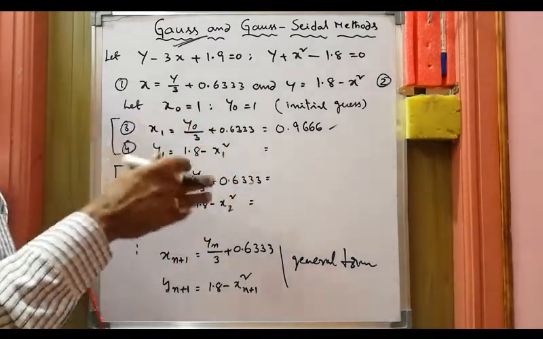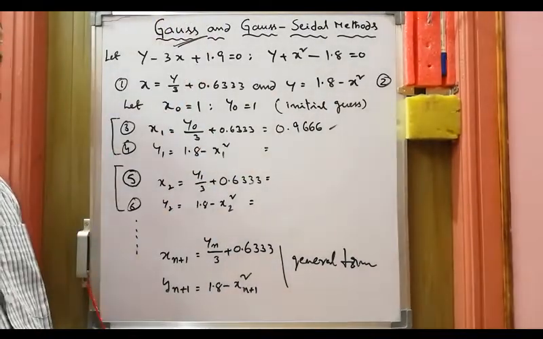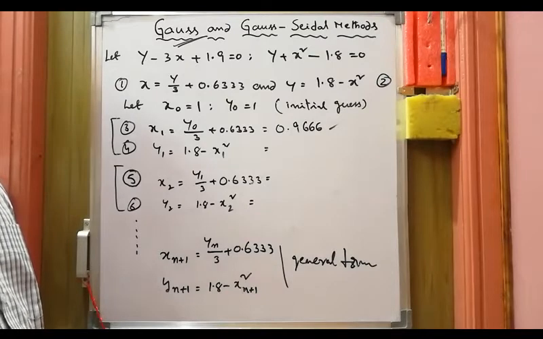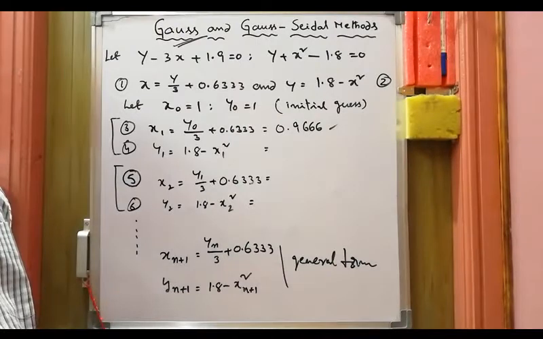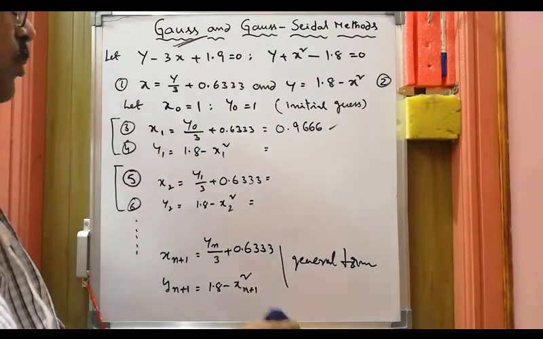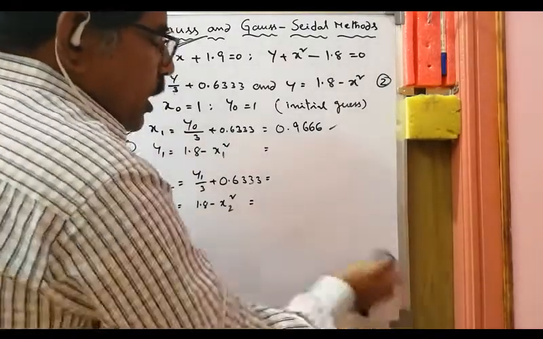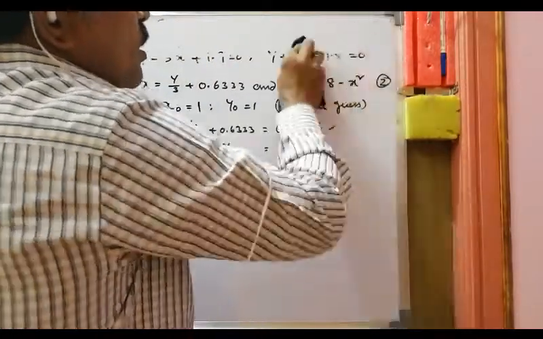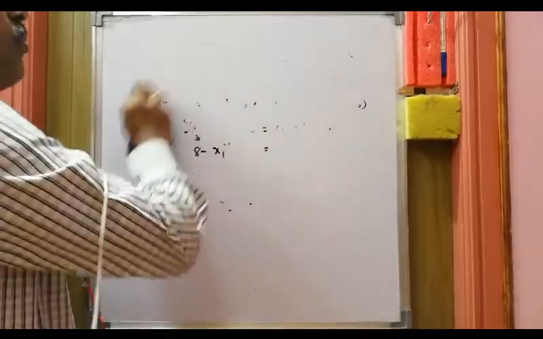So most updated values are to be substituted, as given by Gauss-Seidel. So Gauss-Seidel definitely yields quick results than Gauss. So this is what is Gauss-Seidel and Gauss methods. So let us go through another small example, so that in next class we directly go with our power system problem.